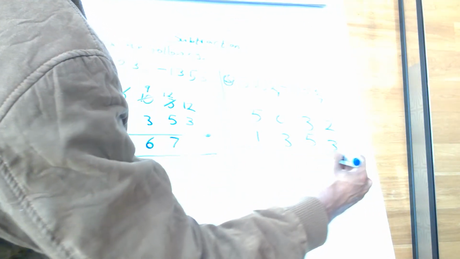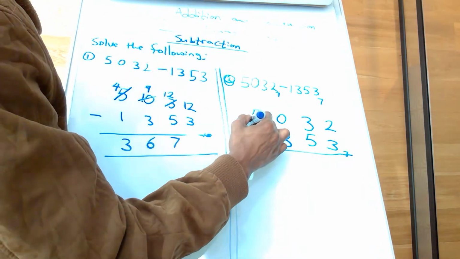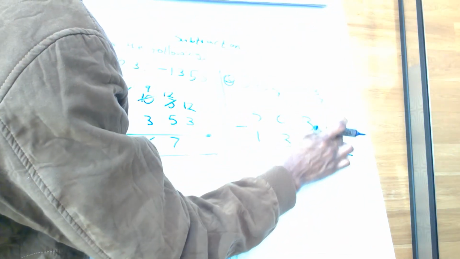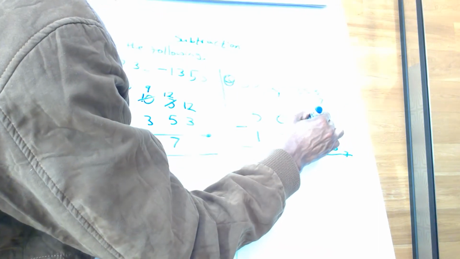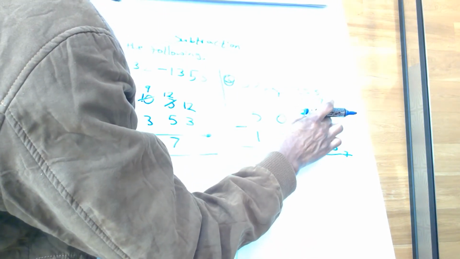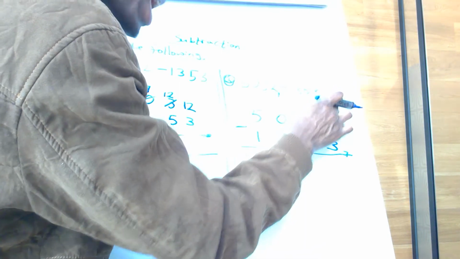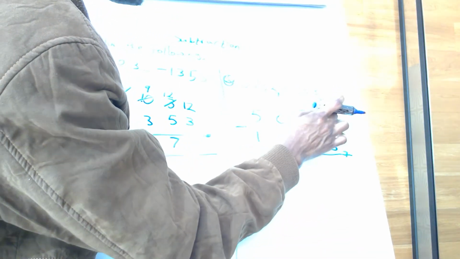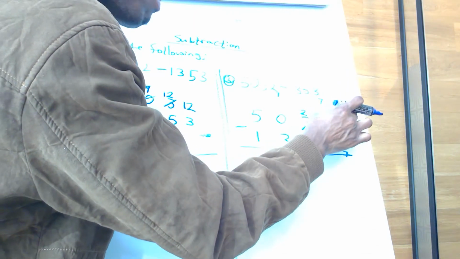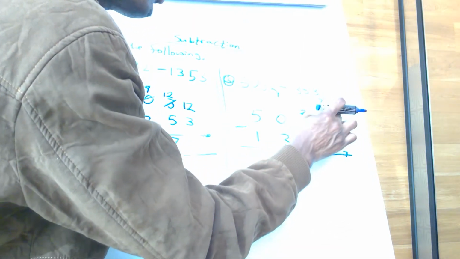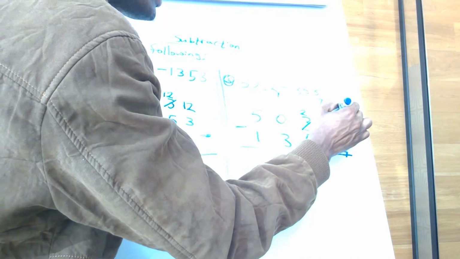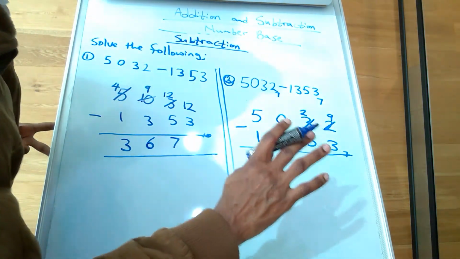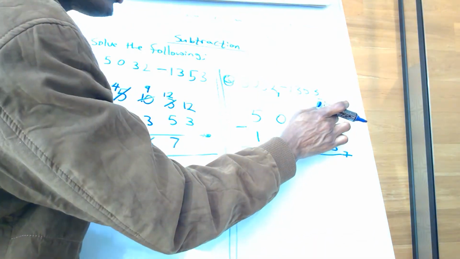Now we are subtracting 2 minus 3. 2 minus 3 is impossible. We borrow 1 from here. This one remains 2. That 1 that we borrow, if you put 1 here, is wrong because this one is base 7. It means add 7 one time to this 2. If you add 7 to this 2, it will give us 9, not 12. That is the fact. It is 7 that you will add to this 2.